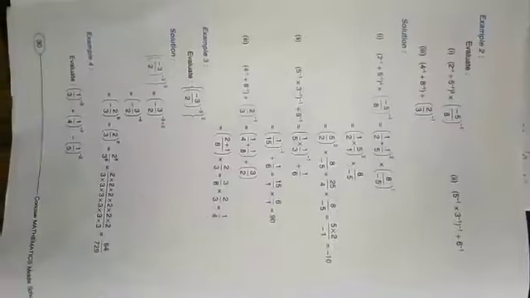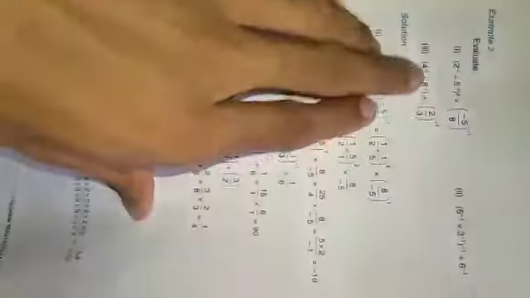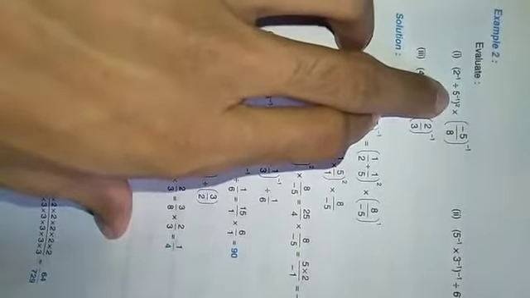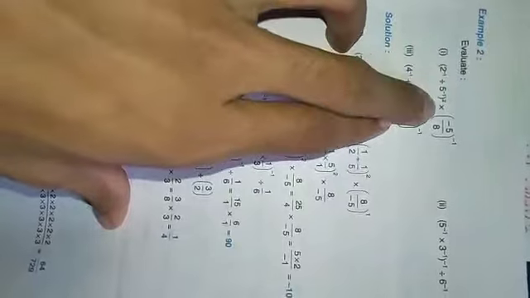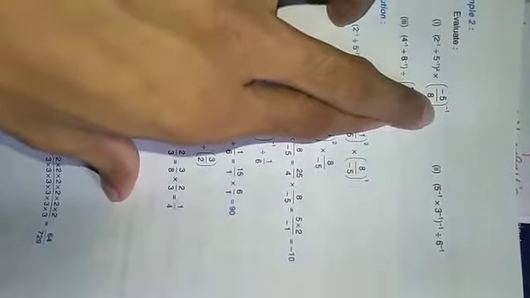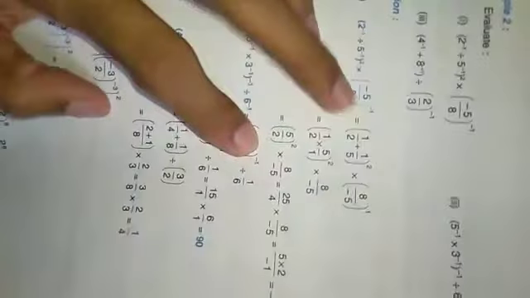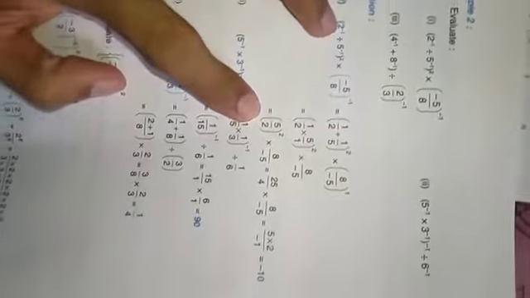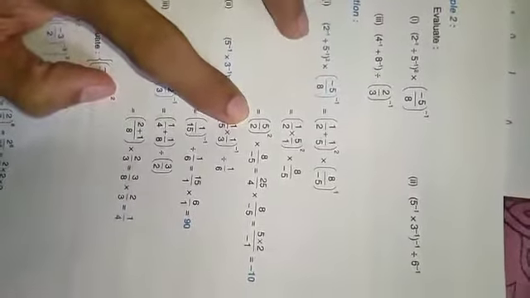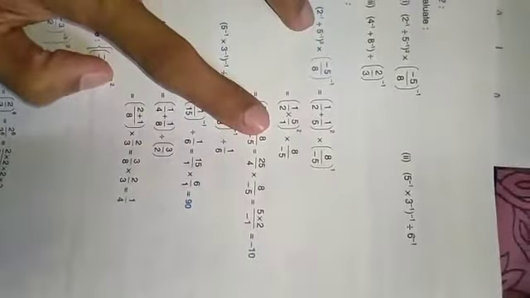Okay. So now if we consider example number 2, here (2 to the power -1 divided by 5 to the power -1) whole to the power 2 into (-5/8) whole to the power -1. Okay. So how will we solve it? Okay. 2 to the power -1, a to the power -n means 1 by a to the power n. So 2 to the power -1 means 1 by 2.